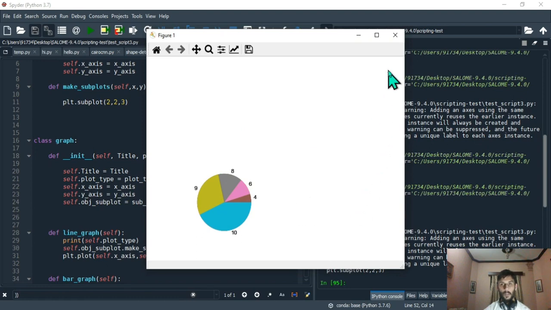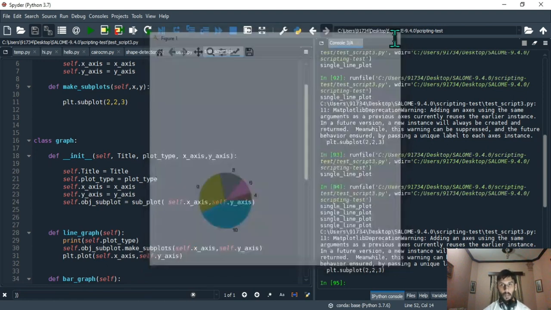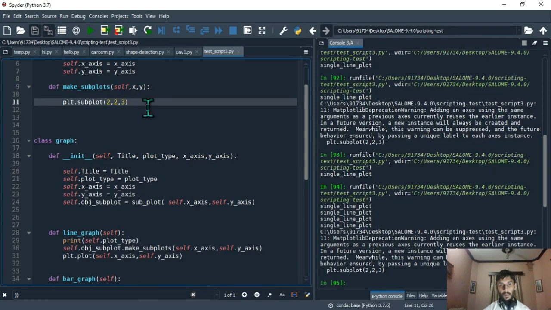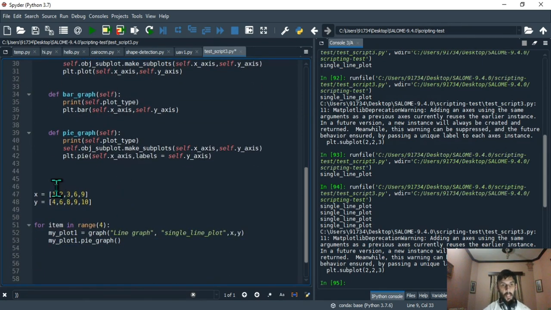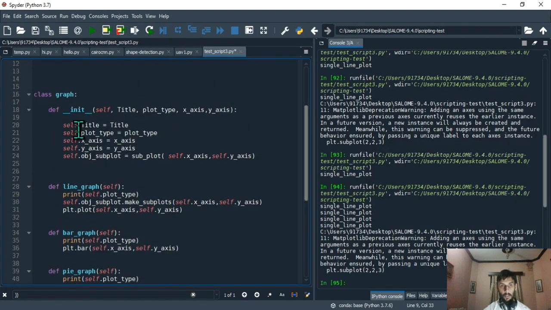So it depends upon how many images you want on your subplot. What we're going to do is make it into a variable. I'm going to say probably r, and then the value of r is going to come from the object. As of now I'm just going to say r here as well. Don't worry if you're not understanding; once I replay it, then you'll understand. Now for item in range this, every time you create your object, some value should increase, right? Only then will you be able to say, okay, this is plot number 1, this is plot number 2, this is plot number 3.